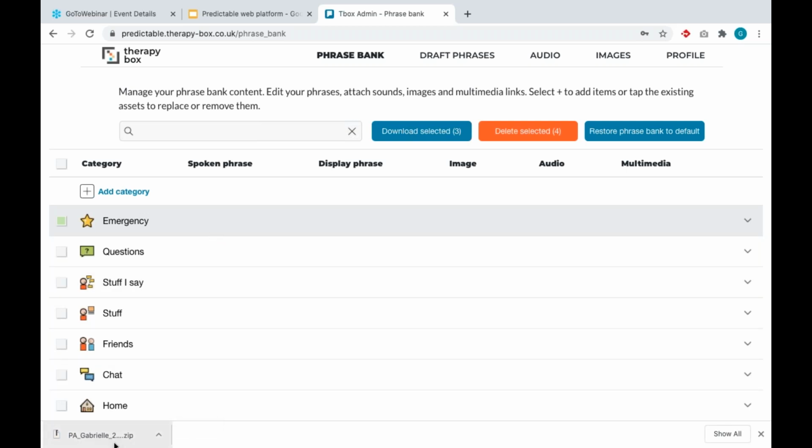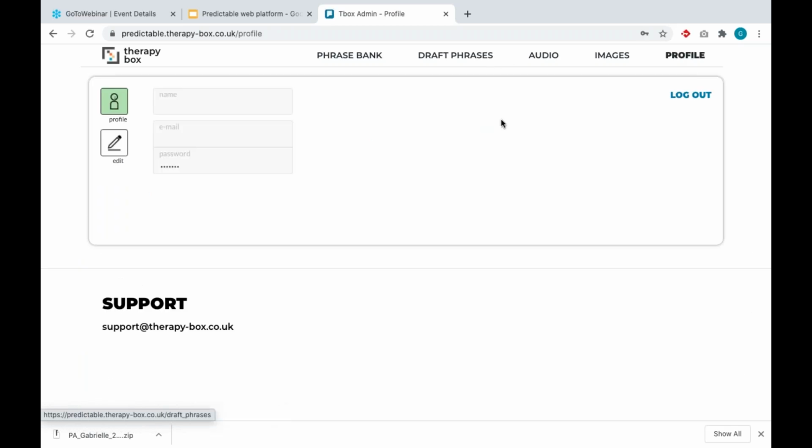So I download it, and then I can send him this zip file via email, for instance. Or I can also log out from my account and log back in, sorry for that, log into his account if I have his Predictable details.